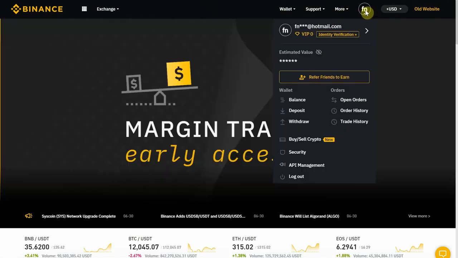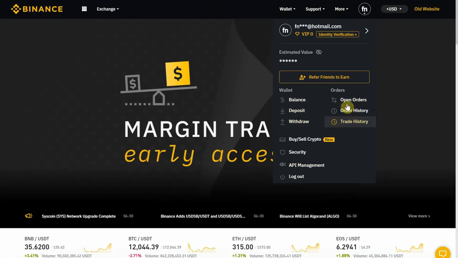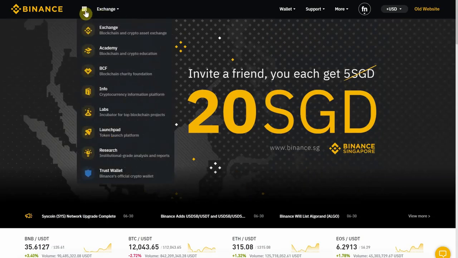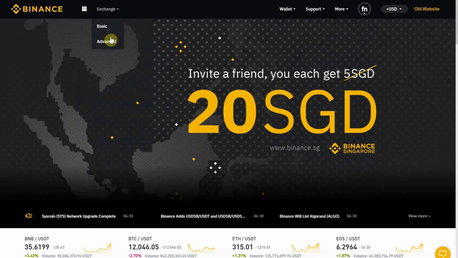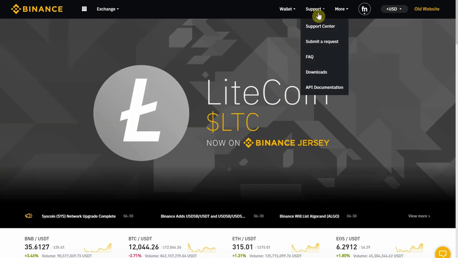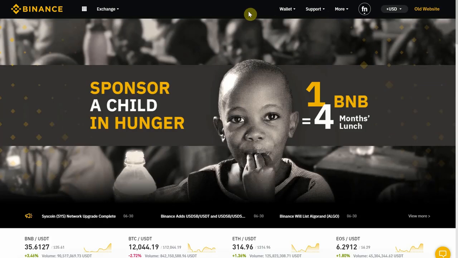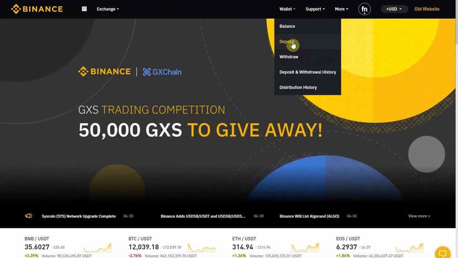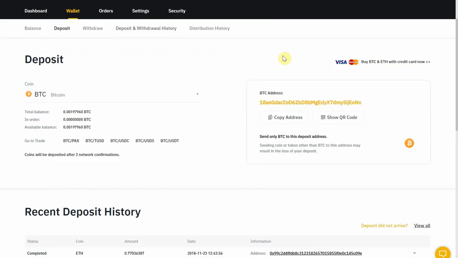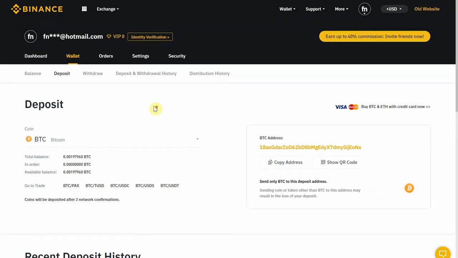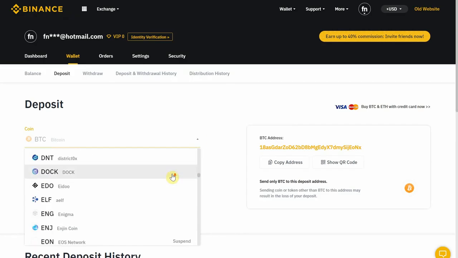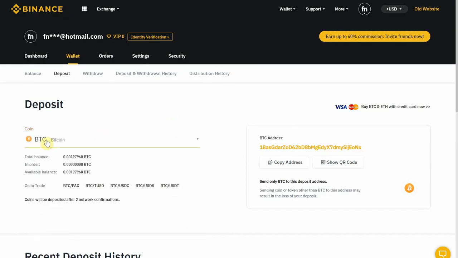So I'm already logged in. You have my account information here, along with some shortcuts. This is the same as I showed you before: the exchange, wallet, support, and more. I'm going to go ahead and select the deposit. So over here you have the coin selection. If I want to deposit Bitcoin, I would select BTC there,